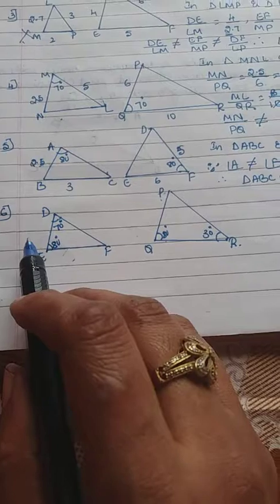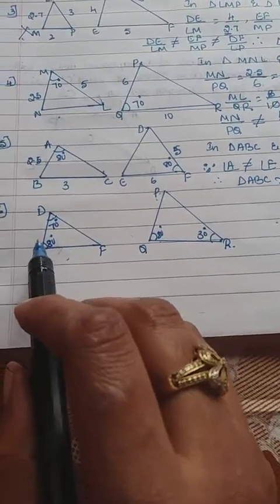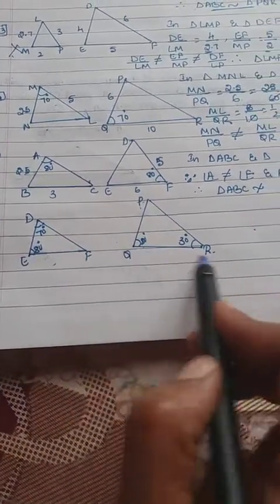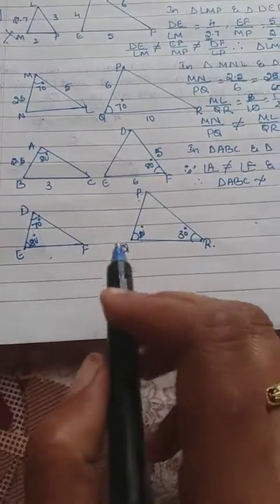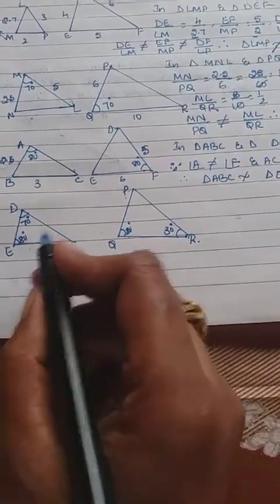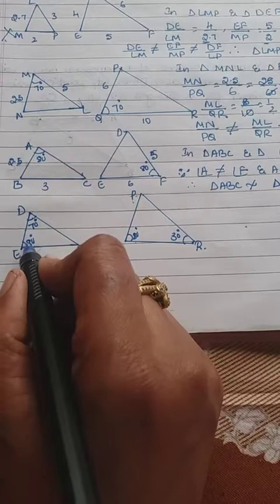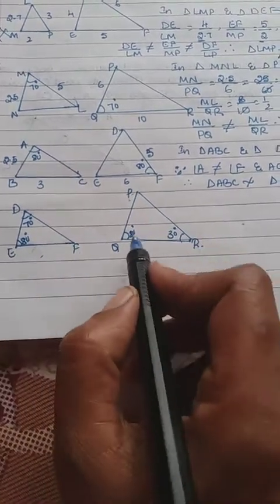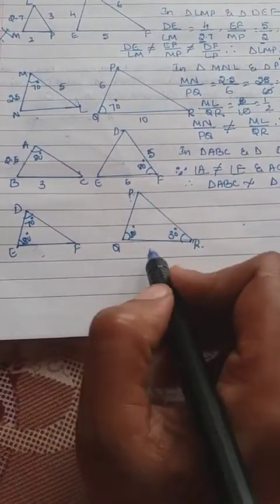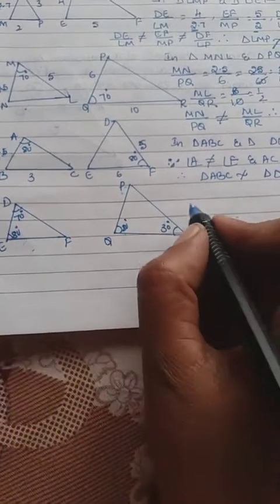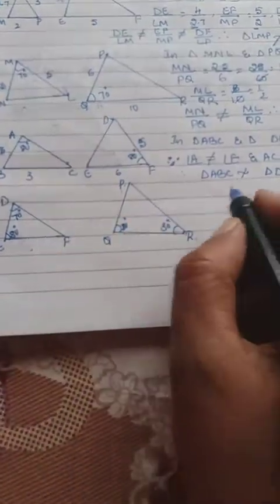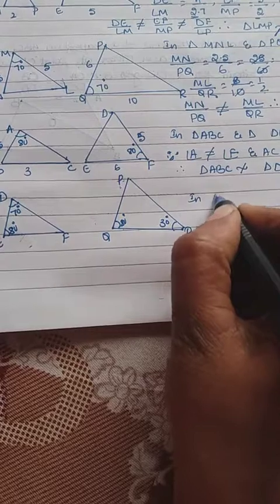Yes, let us move to the last one, the sixth one. It is triangle PQR and triangle DEF, right? Let us check in triangle DEF. Two values are given, one value is not given. Here also one value is not given. We have to find that out. So in triangle DEF,